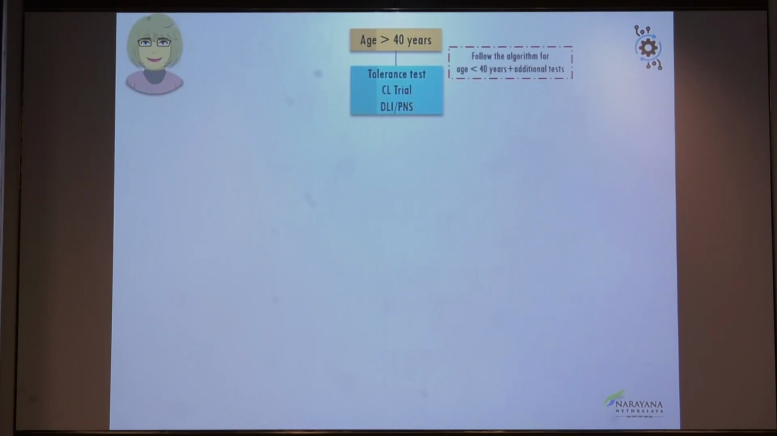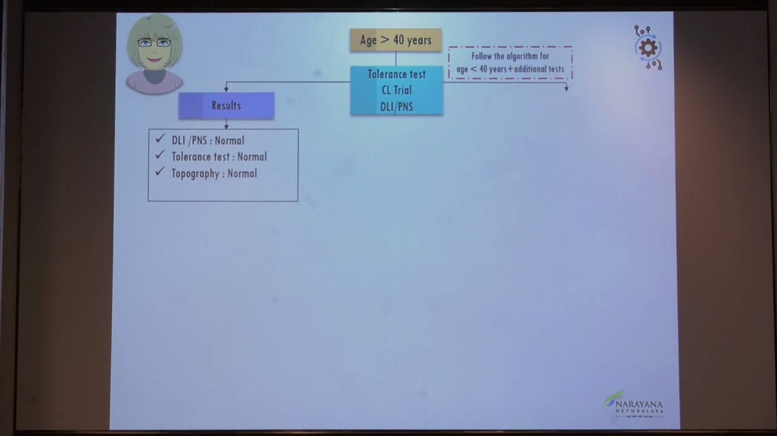Now, if the patient is greater than 40 years, in addition to the tests that we've already described, we also subject the patient to some additional tests: a tolerance test, to see if the patient can tolerate a spherical addition over the non-dominant eye. And we also assess the DLI and PNS, that is the dysfunctional lens index and the Pentacam nucleus staging. If these are found to be normal, the patient, if he's a myope or an emmetrope, is a good candidate